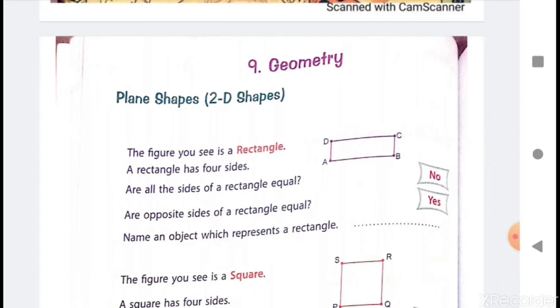And plane किसको बोलते हैं in mathematics? Plane means any flat surface. Like I told you, 2D shapes that we can put on any mathematical plane, any plane. Plane means any flat surface. A plane is like your table, the top of your table. It is the example of 2D shape. It is maybe square in shape, maybe rectangle in shape, maybe circle in shape.